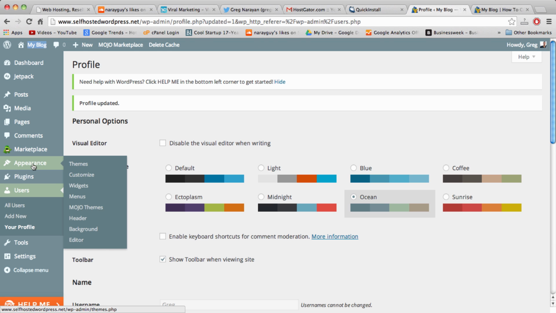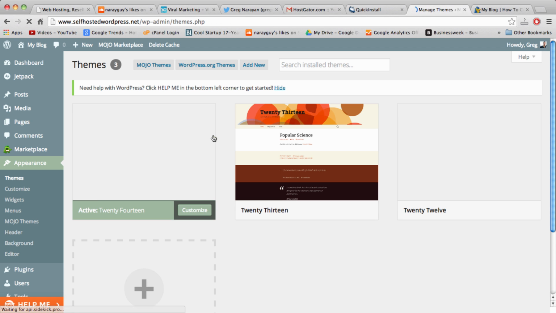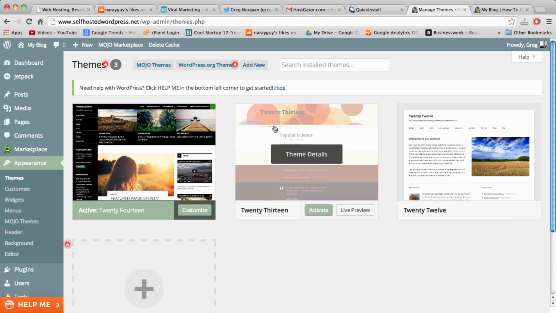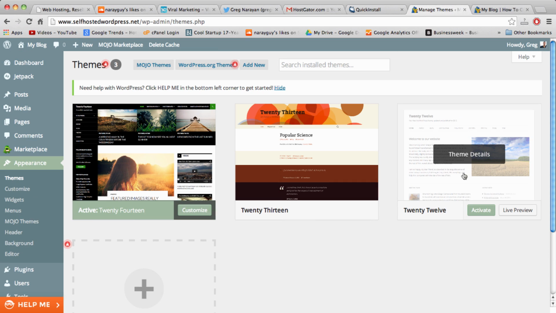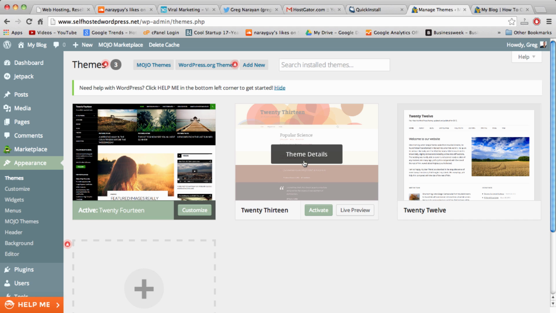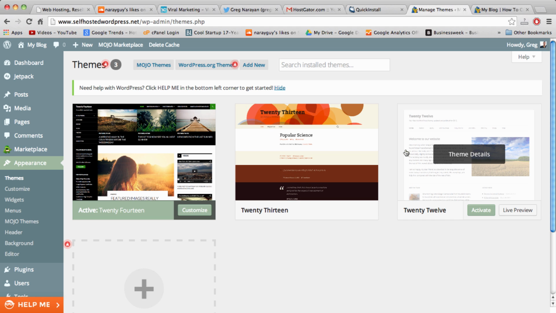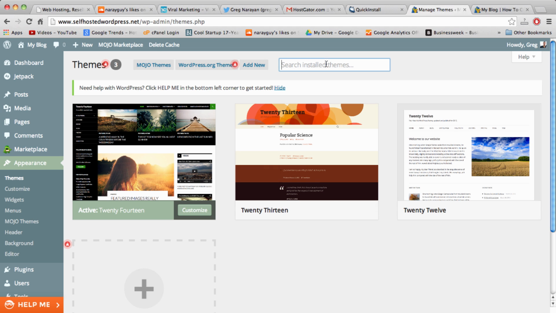So, if we go to appearance and then themes, we can actually see the past themes like 2013 and 2012 are already preloaded in here, and you can preview them or activate them all for free, and that's pretty cool. So each year has its own theme. You could probably find the one from 2010 or 2008 or whatever if you wanted,